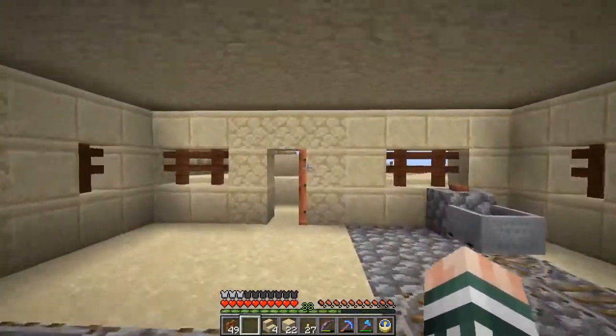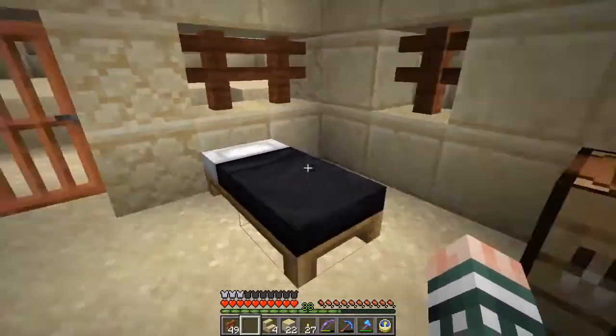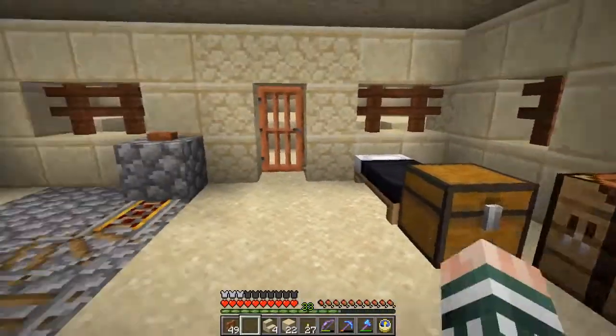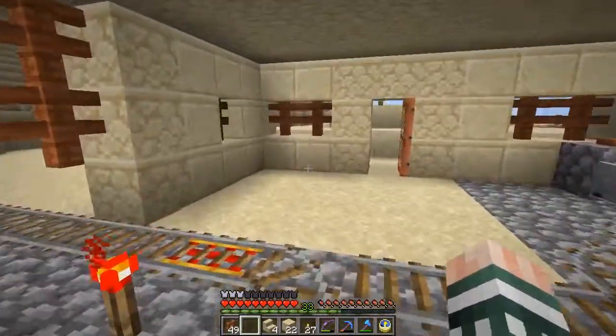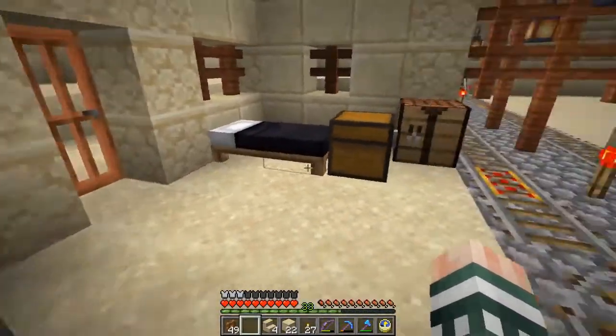There you go. One nice small little box here. We have a little place to rest now. Oh, throwing in a chest here at the edge of the bed also. Good. Then over here, we can have a small little eatery. Now for the floor,